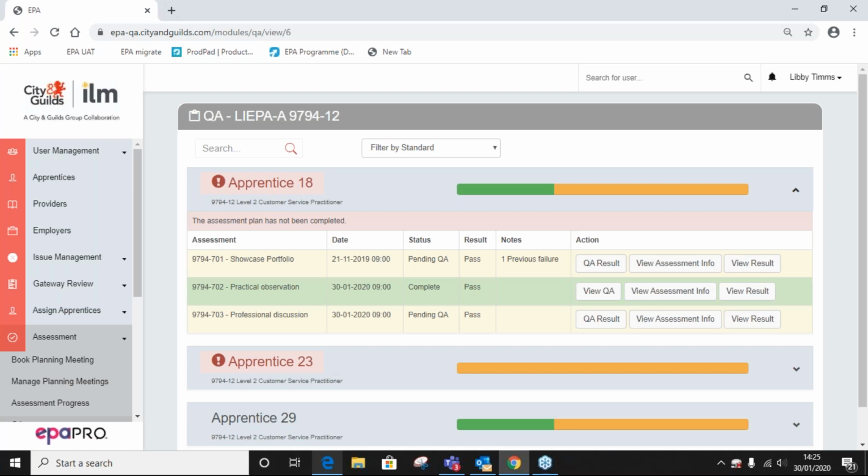The reason we're putting the failed feedback on the platform and the reason the LIPA would need to look at it is just to make sure it's the same as the one in SharePoint, because the one on EPA Pro is the one that goes out to the customer. So I think it's better for the LIPA to get in the habit of looking at any relevant failed feedback on EPA Pro.